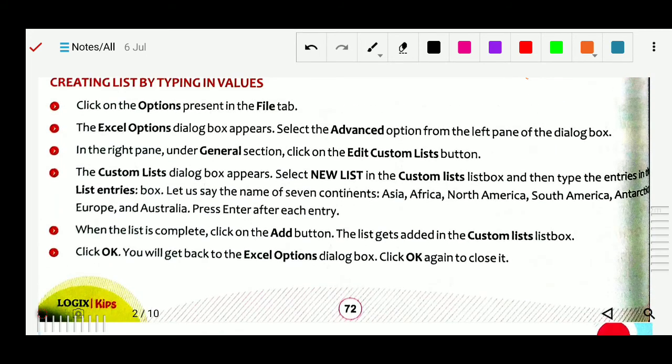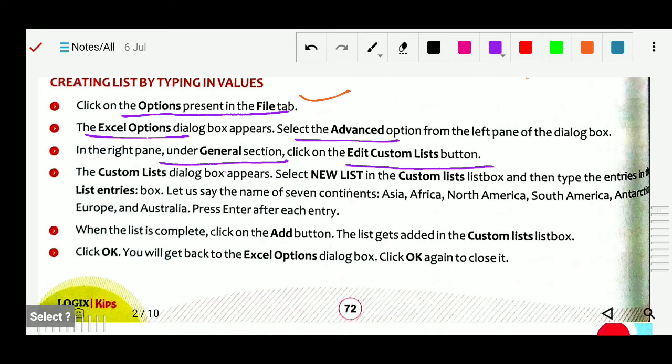So what is the procedure? First, click on the option present on the File tab. Next, Excel Options, select the Advanced option, then in the right pane under the General section there is Edit Custom Lists. Next, the custom list dialog box will appear. There is a new list, then list entries.